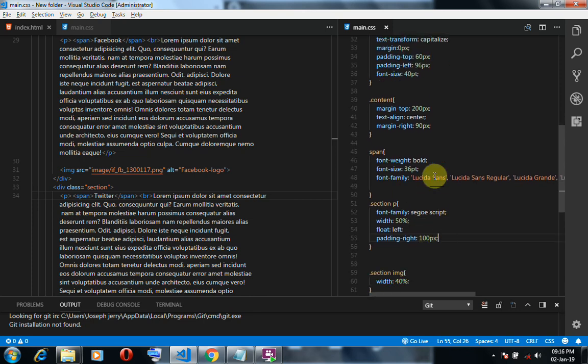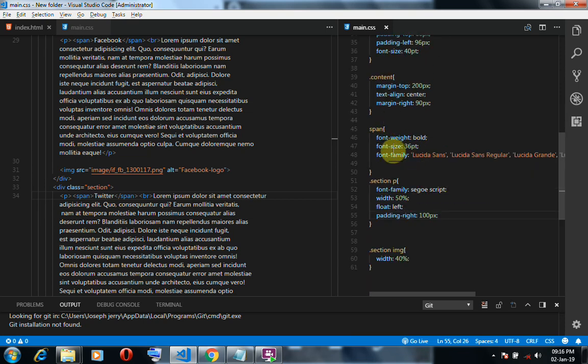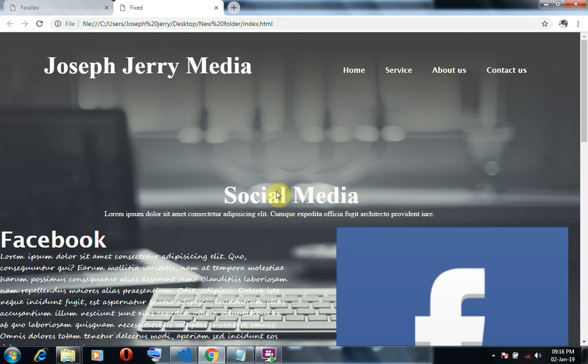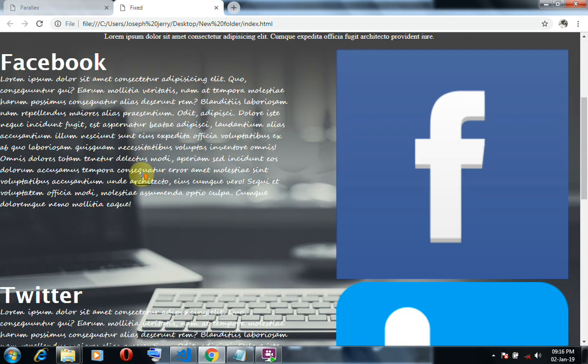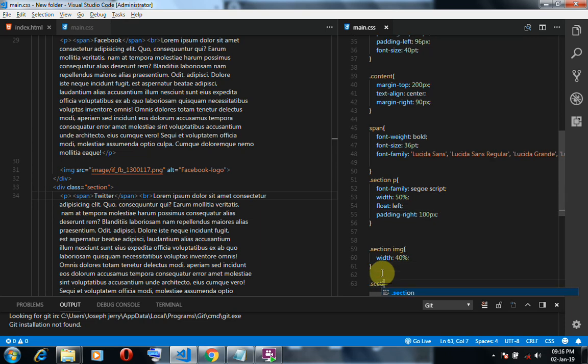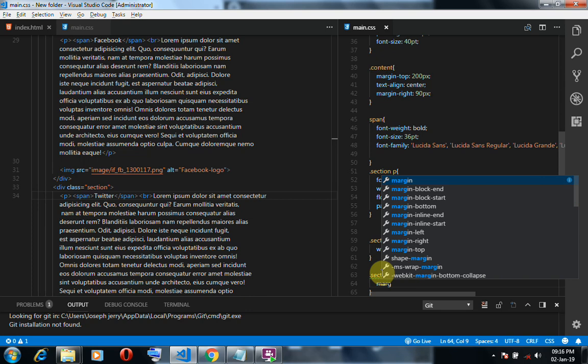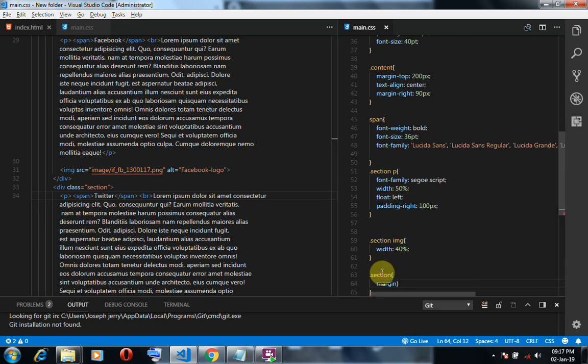And now, if you look properly, I want to shift this Facebook and the image below. So I will come down to dot section and give it a margin of 0 pixels